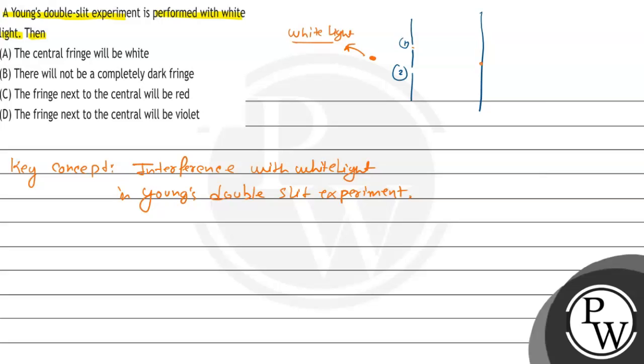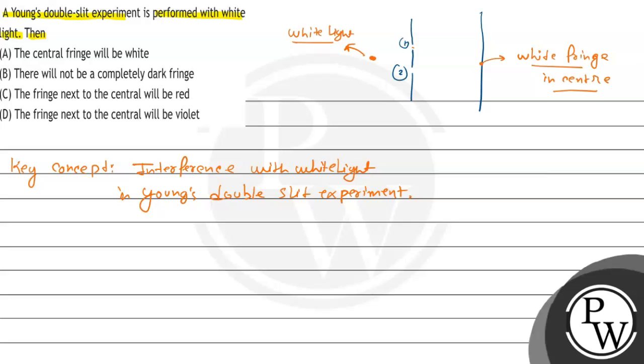So, in the center of the screen, all the light coming from the slits will superpose with each other, right? So in the center we will see a bright fringe, that is a white fringe in the center, right? And experimentally we have seen that then we will see some colored fringes just next after the bright fringe,